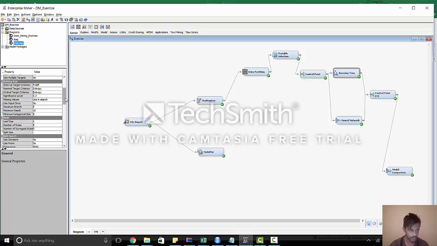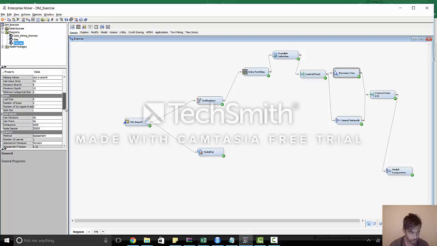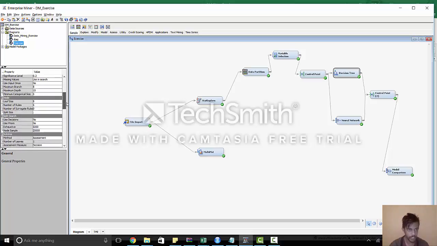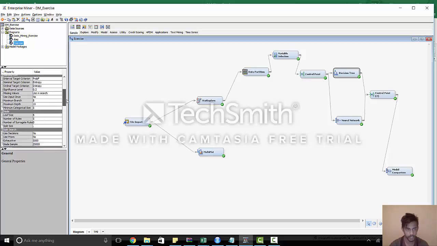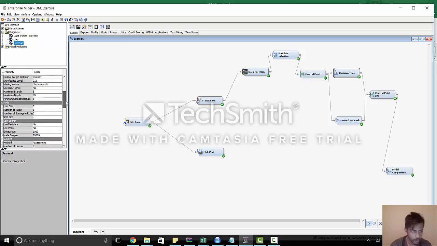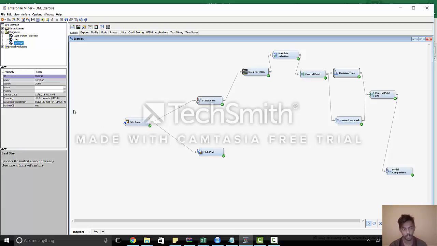The fourth concept here is the overfitting and underfitting of data, and how to handle overfitting and underfitting in decision trees. For that, I remember that you told us we can deal with the leaf size parameter, because leaf size is the smallest number of training observations that a leaf can have. If we provide too low a value, it will definitely result in an overfitted model,